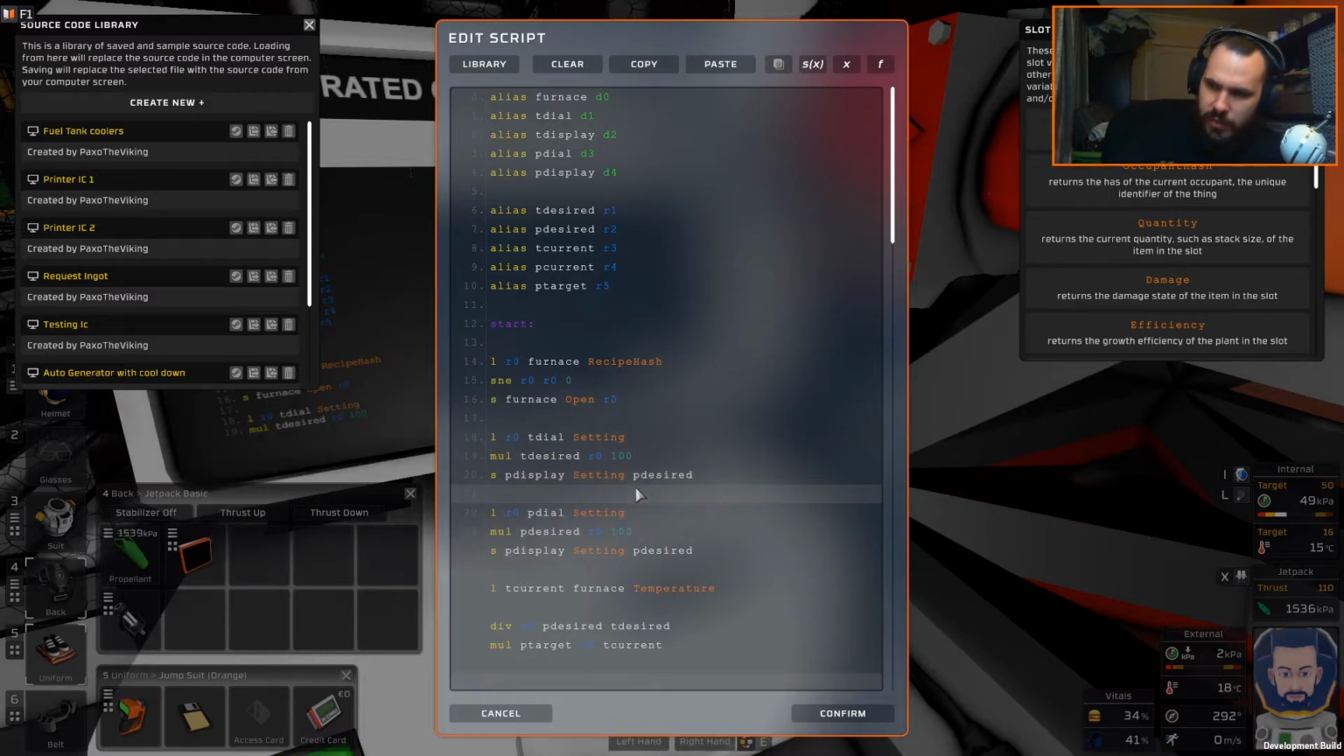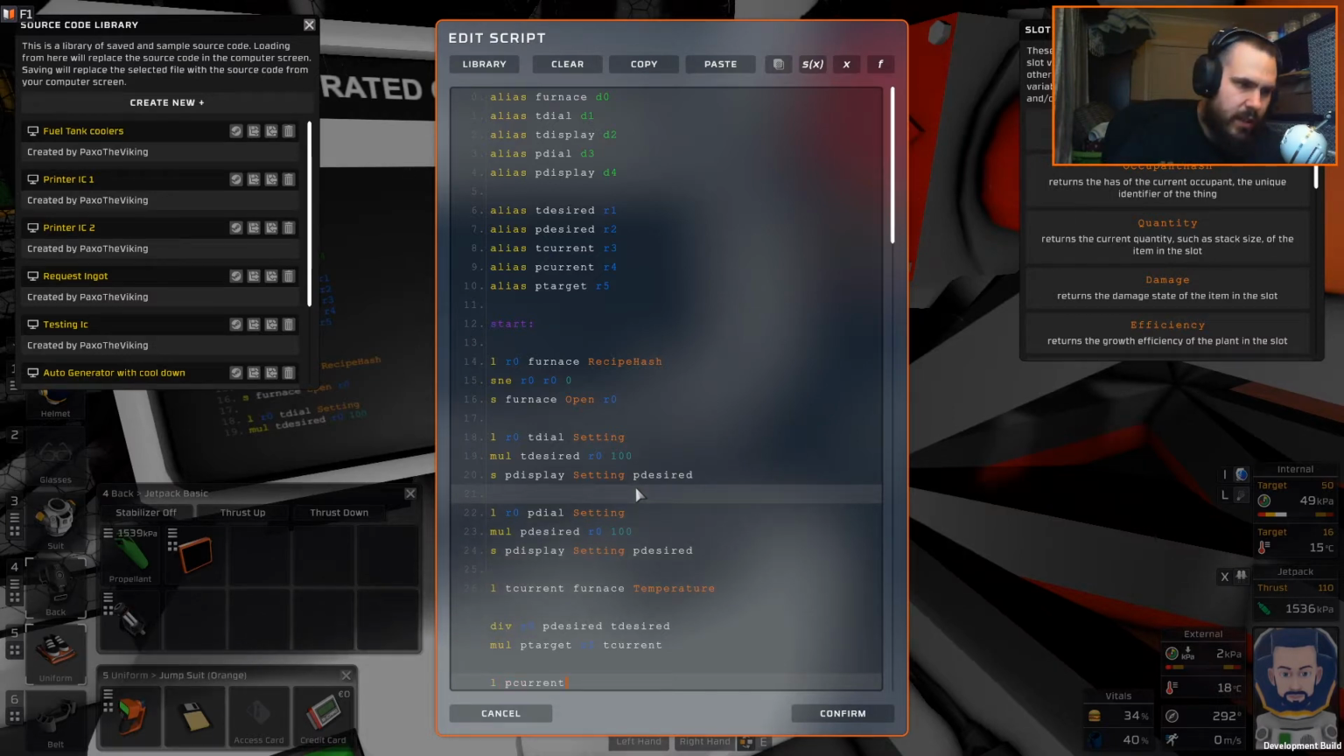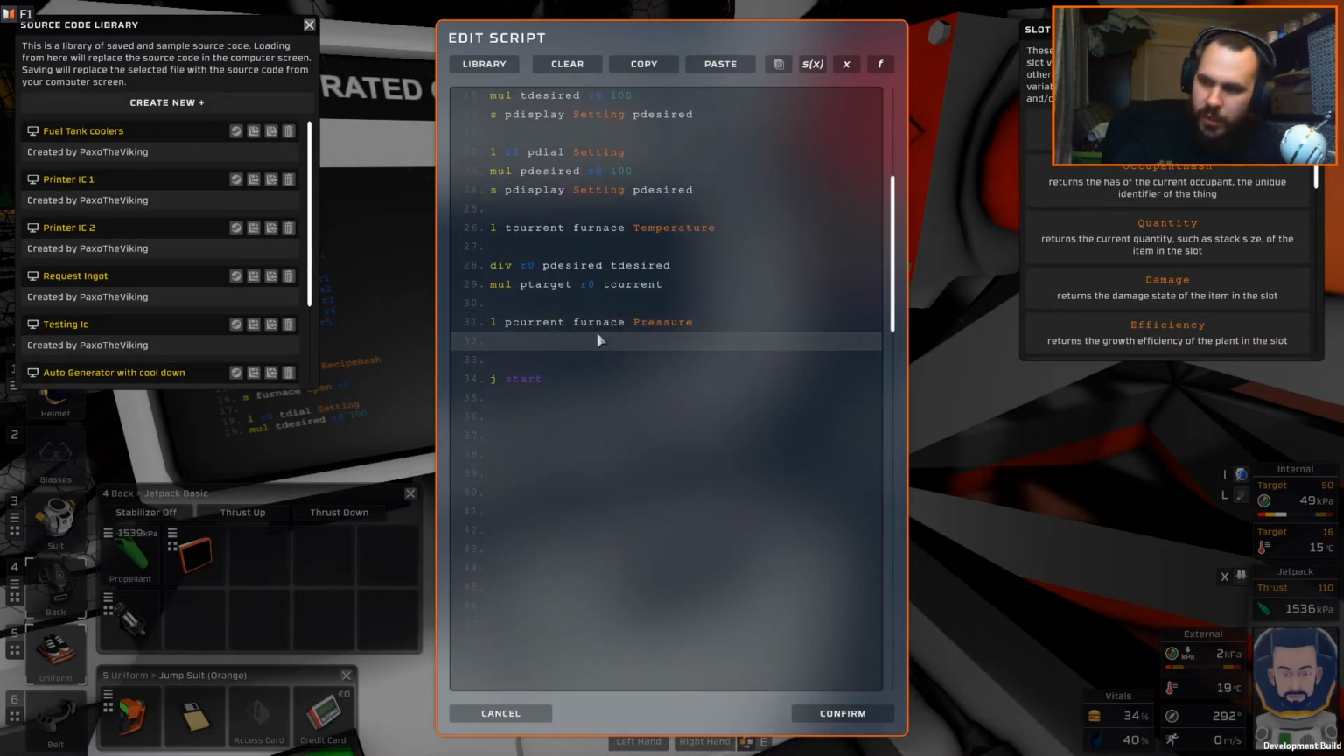Then we're going to load the pressure, get the current pressure from the furnace. Roll this down a bit. And then we're going to set greater than. We're going to ask, is the desired